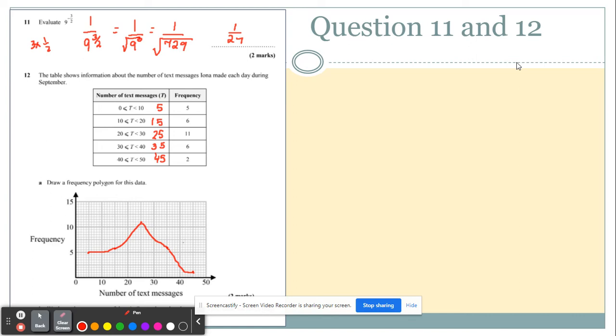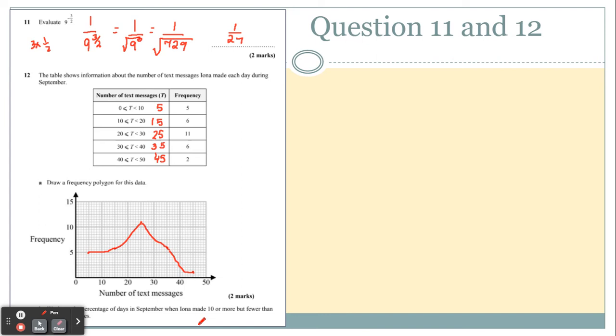Part B of this question is, let's have a look. What is part B? What percentage of days in September when Luna made 10 or more but fewer than 20 text messages? It should be 10 or more but fewer than 20. So this class interval says equal to or greater than 10 but less than 20. So we are going to take the frequency here, which is 6, and the total of the frequency